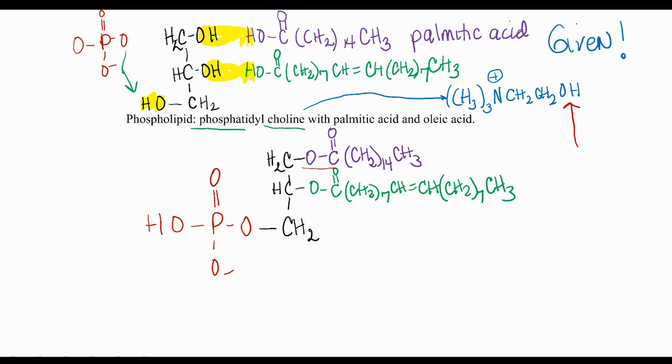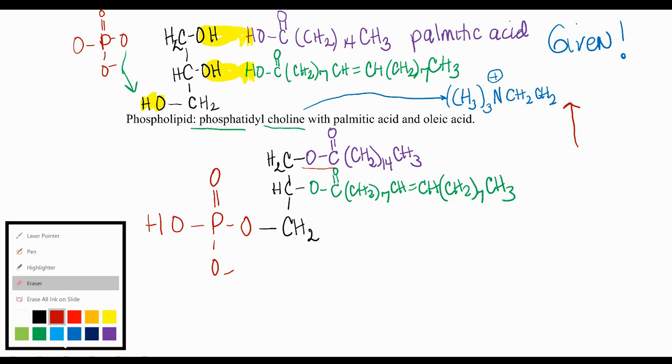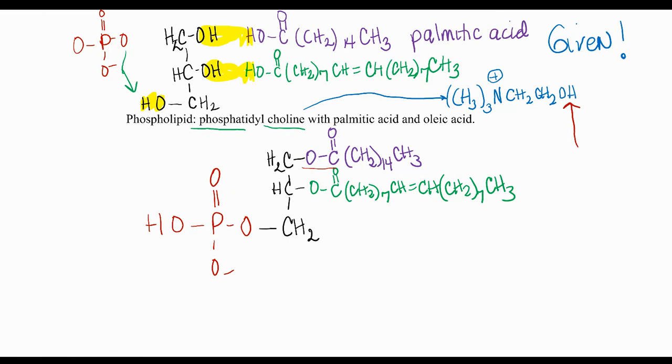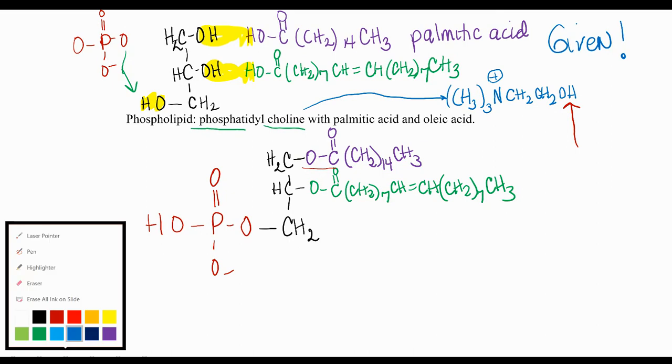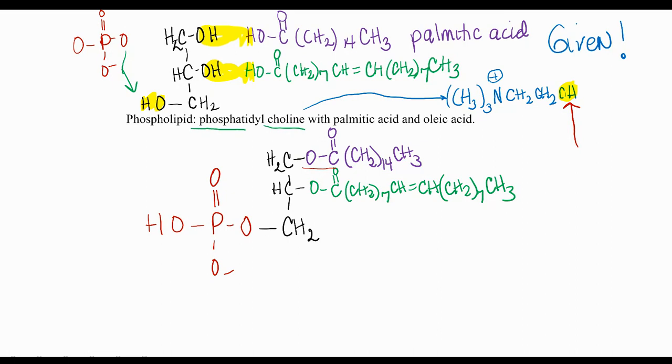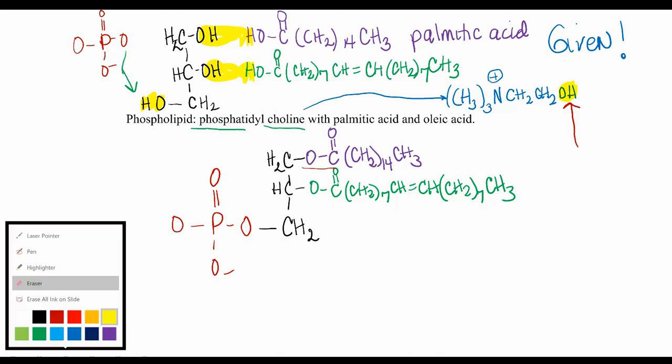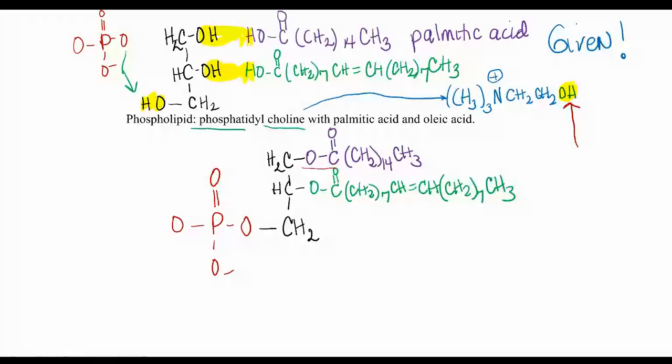So once again, you want to picture that you have water coming off. Whoops, I didn't mean to erase that. I meant to highlight it. So that's going to have an OH group there. And you can picture an H is going to come off of here. There's also H plus ions, so that's going to come off. And so now we will attach the choline onto the end of that. So let's go ahead and do that. I'm going to erase that H. And then I'm going to attach the rest of it, which is